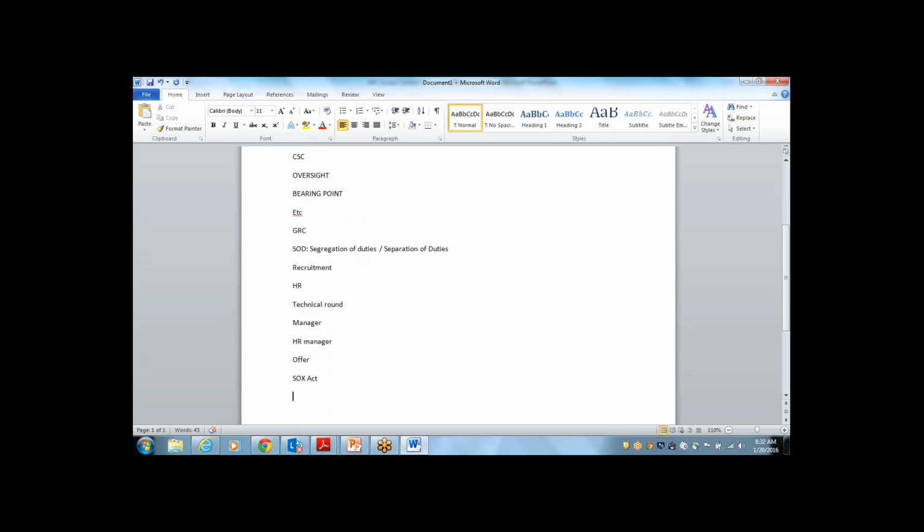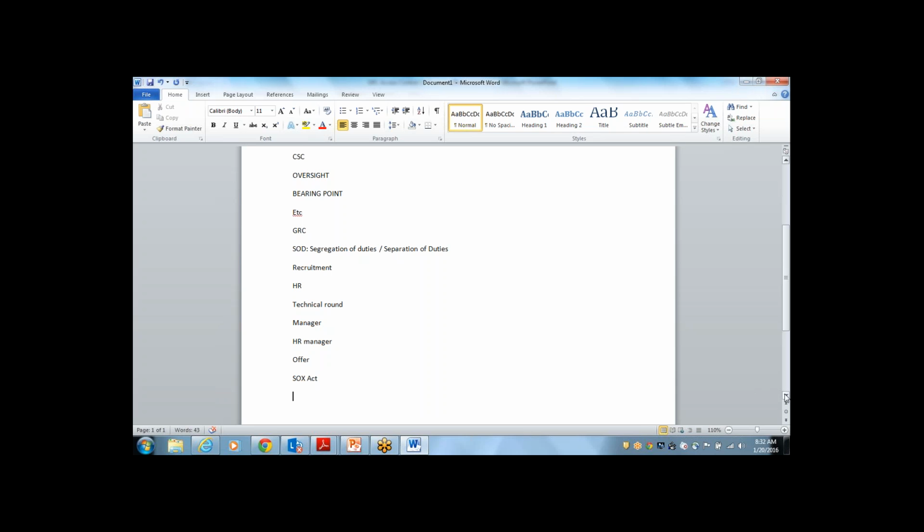Each government will have its own acts, right? Each country will have its own acts, and they should follow those acts, rules and regulations. Each country has its own government, and what does a government do? It follows rules and regulations, spells out its policies to the public, and tries to have proper governance in the country. This SOX Act, as you know very well, came from the US. I can say it is a US Act.